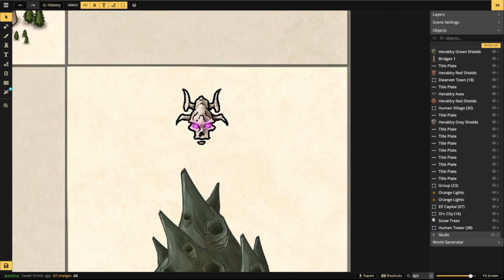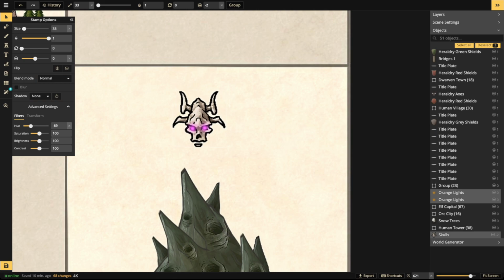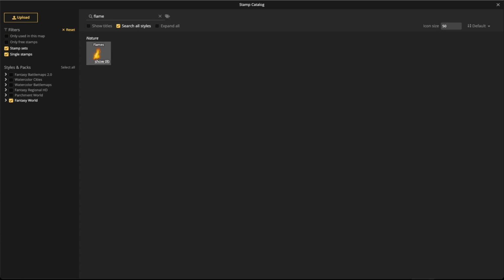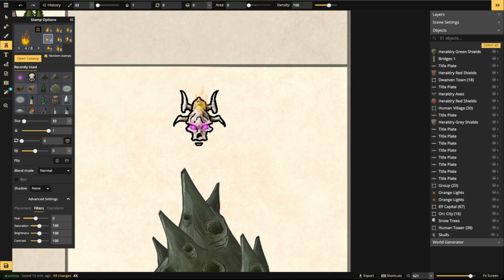So there's that first part. We've got the skull here. Maybe we want that skull to be flaming, right? It's on fire, so I think it's okay to use flames from a different style. You can type in flame, and you can see the options that we have. There's this flame here. This might work pretty good. I'm going to make it nice and big